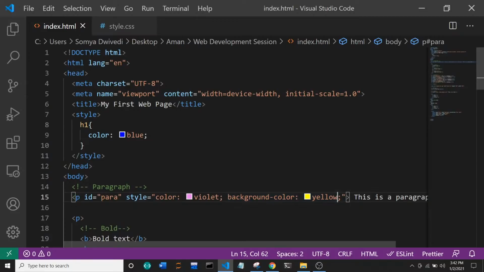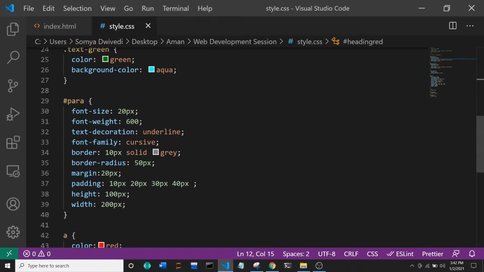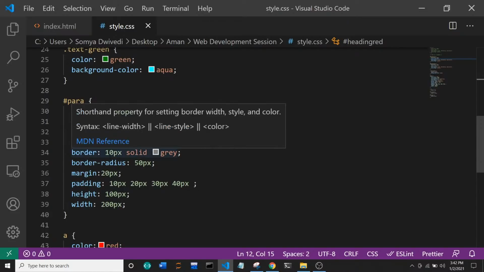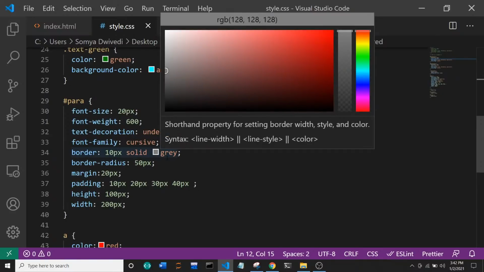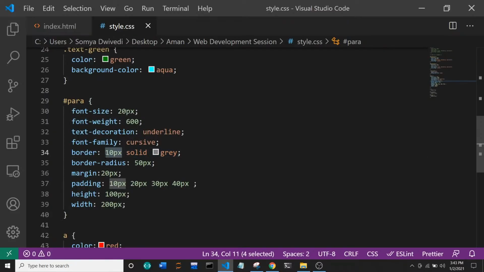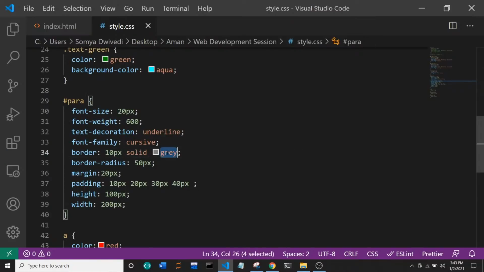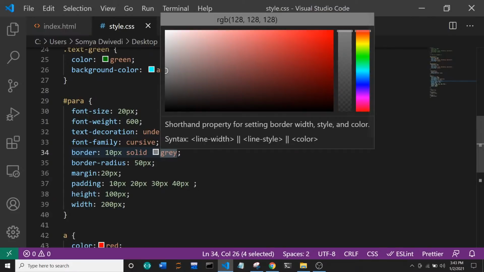Okay, your border is not coming. Okay, so I'm going again here. See, you have to specify hash, the ID name, then write border. The syntax is border colon 10 pixel solid gray. This particular syntax means the thickness of the border should be 10 pixels. Then it should be solid. Means there are different types of a border. You can specify a solid border, you can specify a dashed border, and other things. So 10 pixel solid, and then you can specify the color of that border, whether it is to be gray